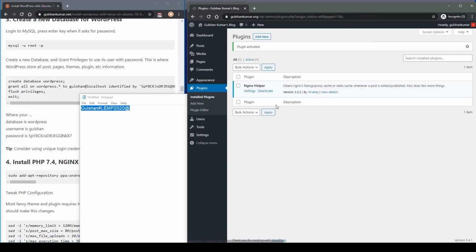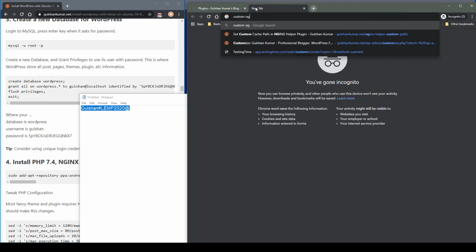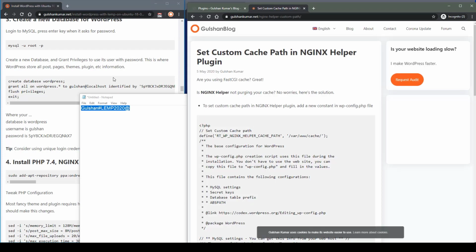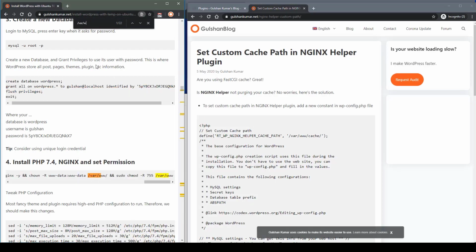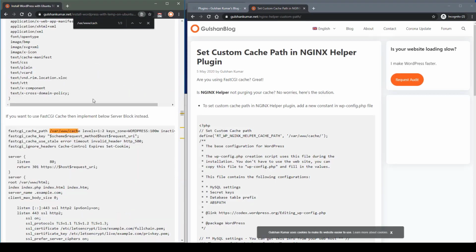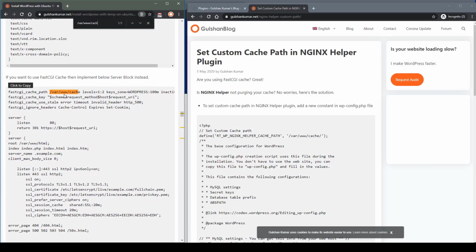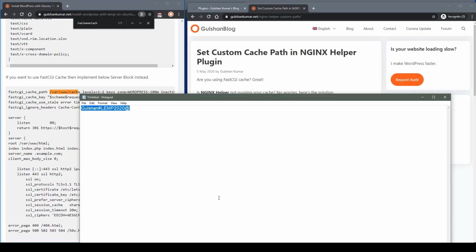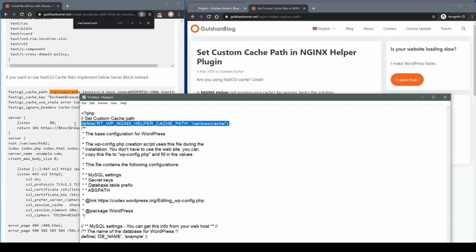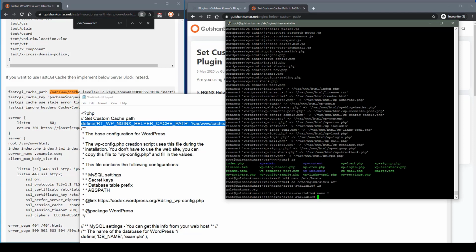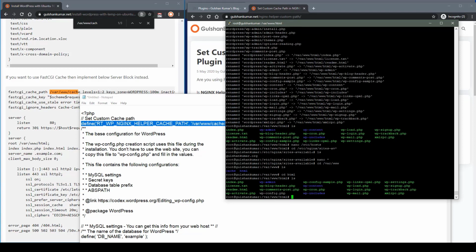So Nginx Helper plugin, and there is a guide which will help you to set Nginx custom path. In my case, I have /var/www/cache in the configuration file, so I need to set up accordingly. By default this is set at another location, so I need to fix it. So let me copy this command and go to /var/www/html,